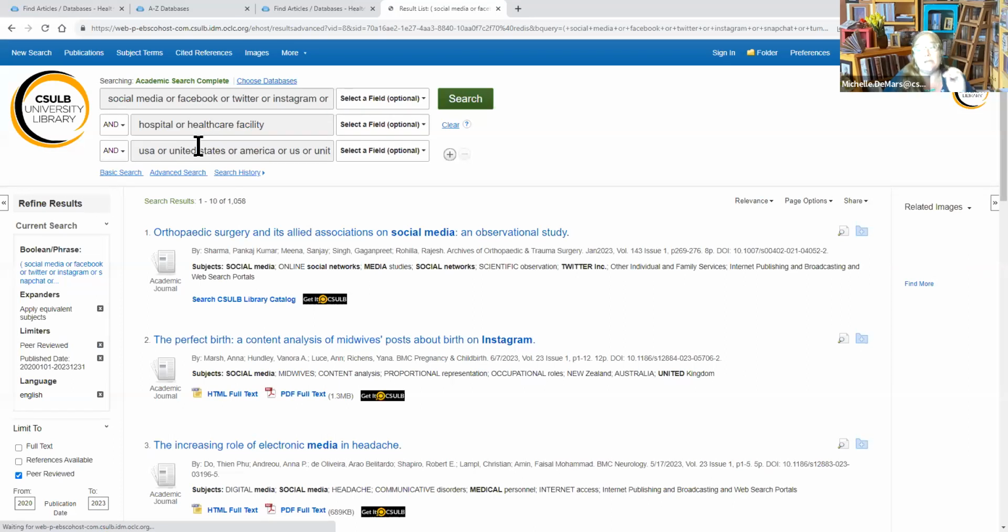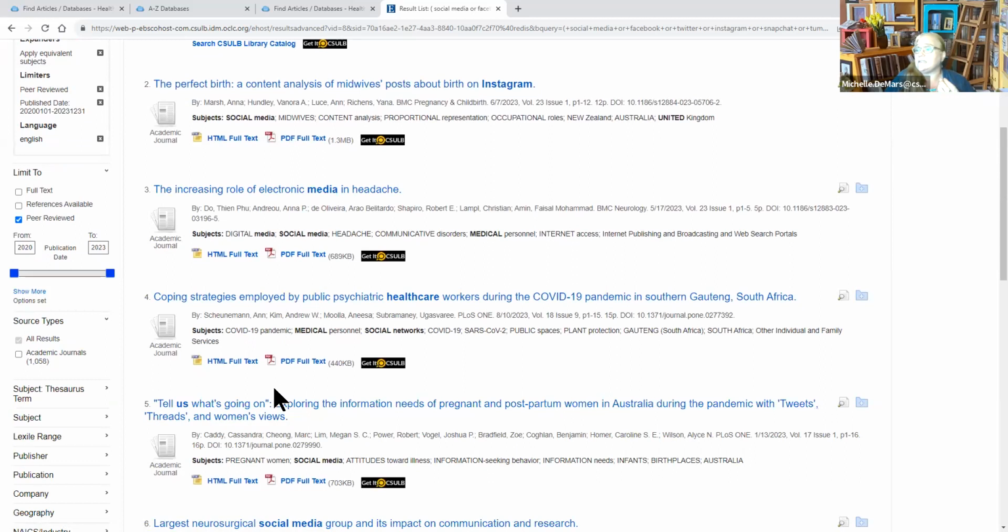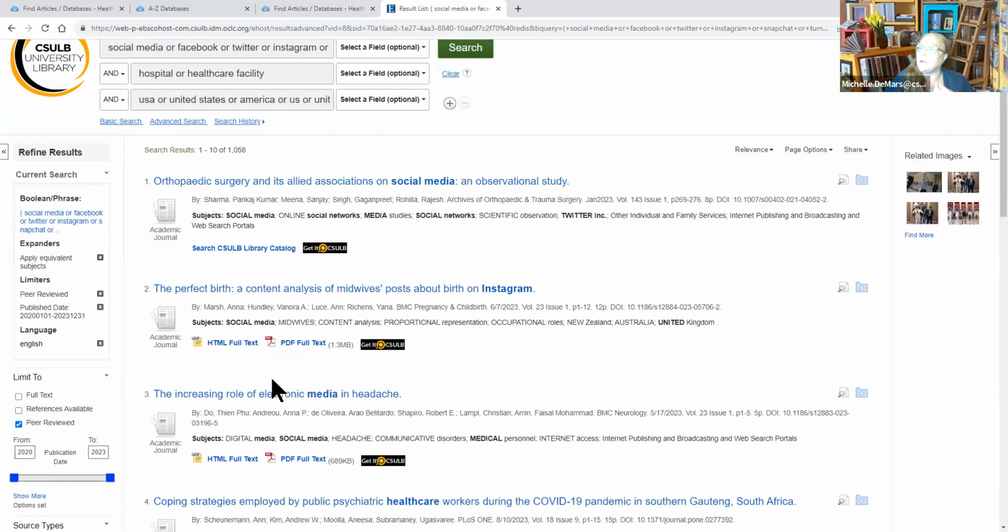Okay, so now we put in all of the terms that we think that we need. We've used all of the filters that we think that we need. And so now I can go ahead and look at these results and see, are they about what I want them to be about? Okay, so we can go ahead and check all of these and see what they are. And, oh, is this about what I want it to be about? Now, don't worry too much about there being 1,058, okay? We could add more terms to bring that number down, but I'm not going to worry about it too much